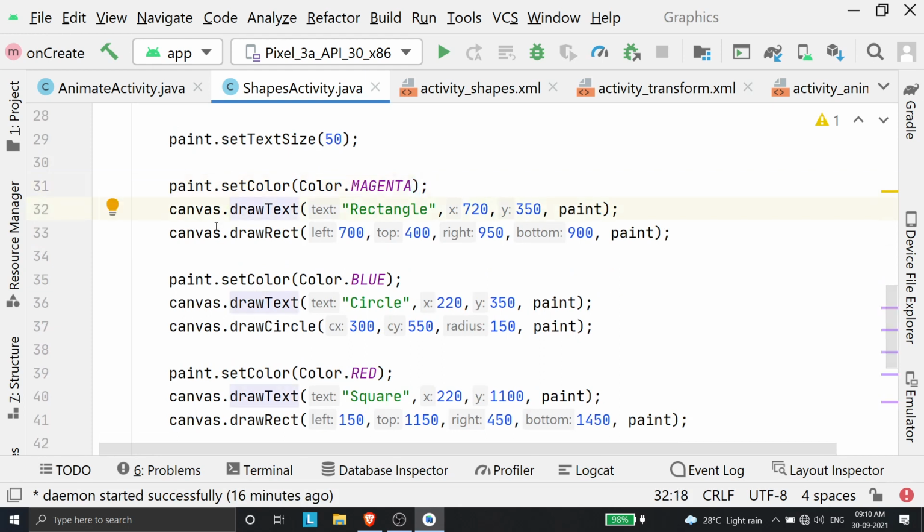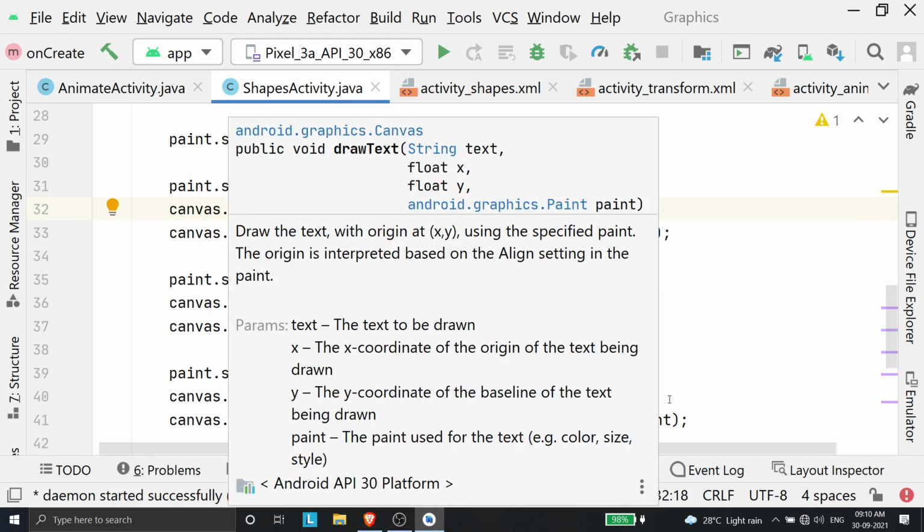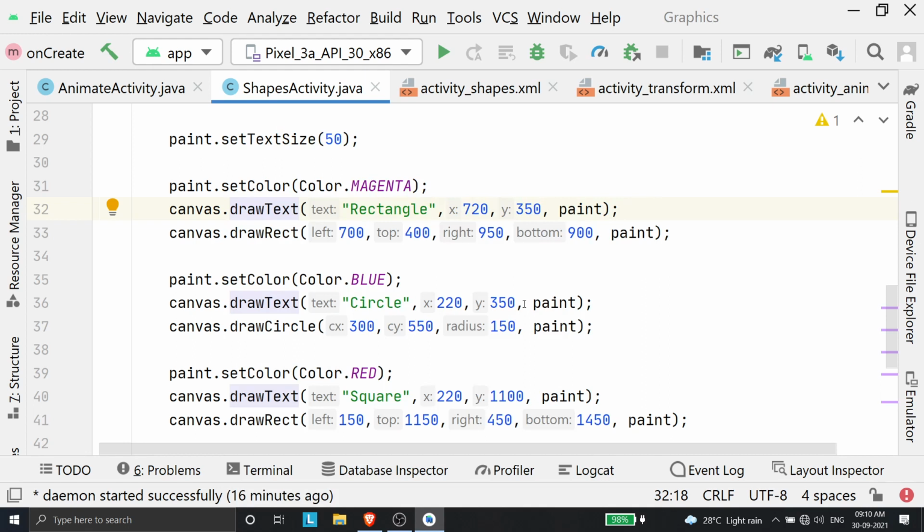And then after that, we have to draw the text for the rectangle. So I'm just doing this function called canvas.drawText, and inside that I'm specifying the text as a rectangle, and x and y basically tell me the starting coordinate of where I want this text to appear from. So you just need to visualize this canvas in your head and try to do this, or you can do a trial and error of displaying it wherever and just checking which coordinates work best for you.